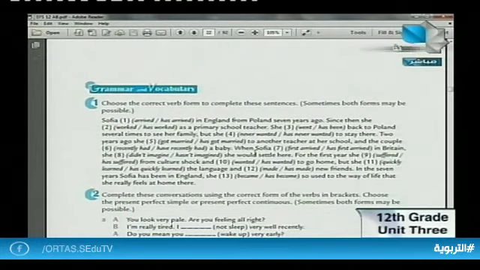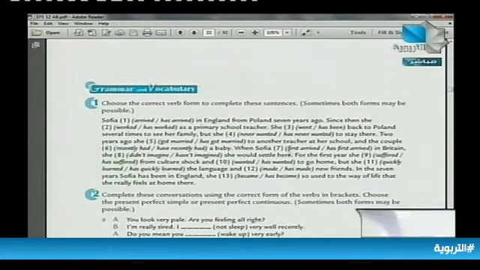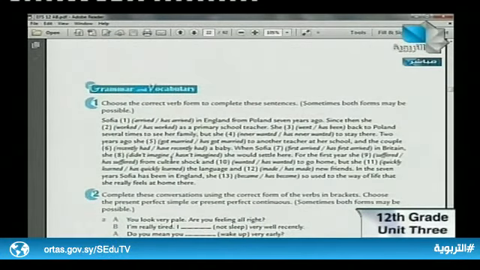Miss Celine, please. When Sophia first arrived in Britain, she didn't imagine she would settle here. We have "would" here, so we have to use the past. Number 7, arrived; number 8, didn't imagine. Now, for the first year, she suffered. I'm talking about something that happened and finished in the past. She suffered from culture shock and wanted to go home, but she quickly learned the language and made new friends.